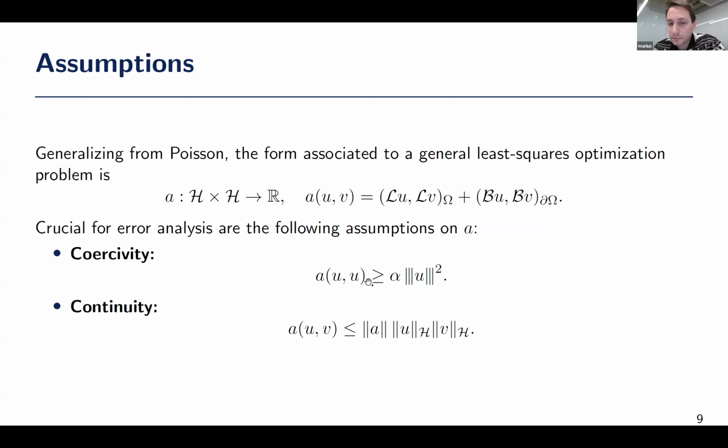You need a coercivity, which just means that this lower bound on the form A holds for all u in your Hilbert space H. And you need continuity, so that's an upper bound. It looks like this. And note that I put here a triple norm instead of the normal Hilbert space norm H. This norm, for example, would be H2 for Poisson, but we will see that in the formulations that is typical in PINNs, we are not able to choose these two norms the same, and instead we must resort to a weaker norm. So this explains this triple here.